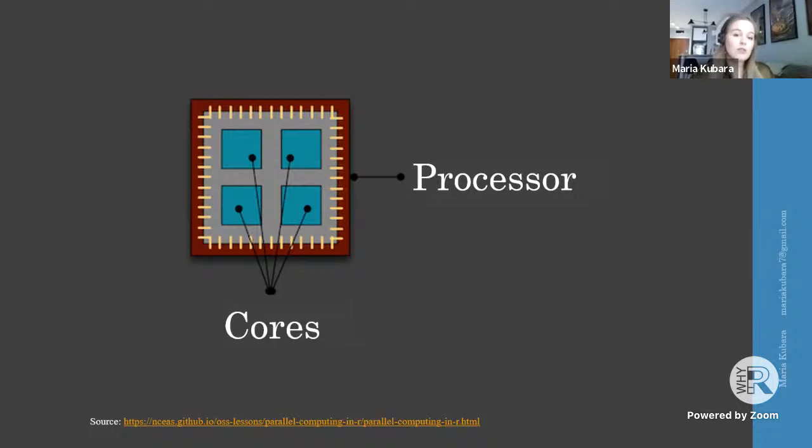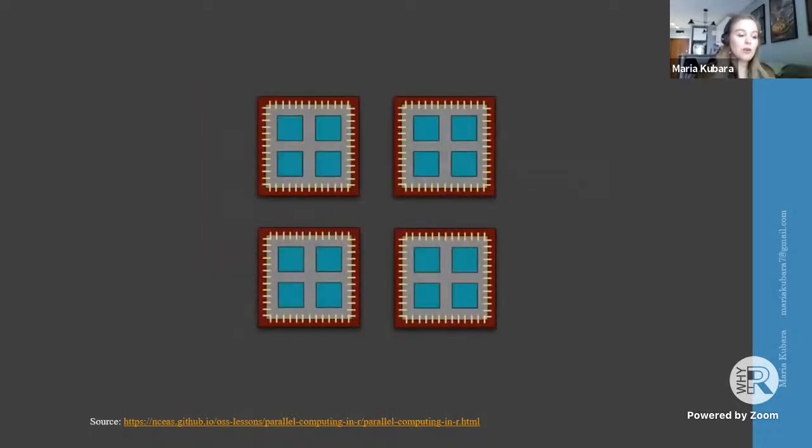Traditionally, the processor had 1 core, so you just started doing something. It has only 1 slot for calculations. But nowadays, you have more and more cores that can actually do things separately, independent from each other. And even more news came when we started introducing more processors into one working machine. So even in your laptop, you can have more processors and more cores.